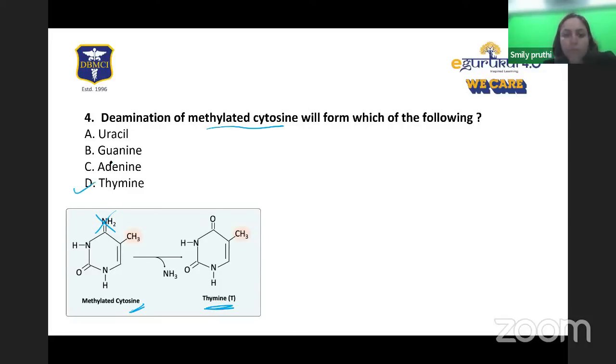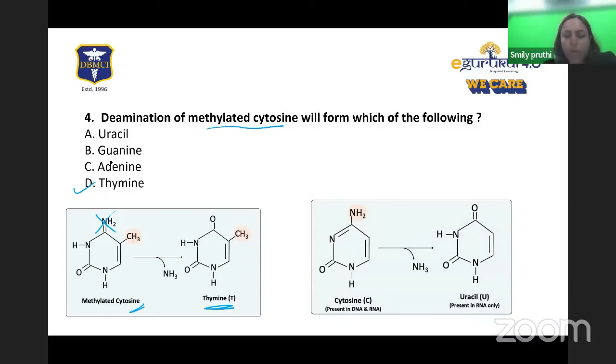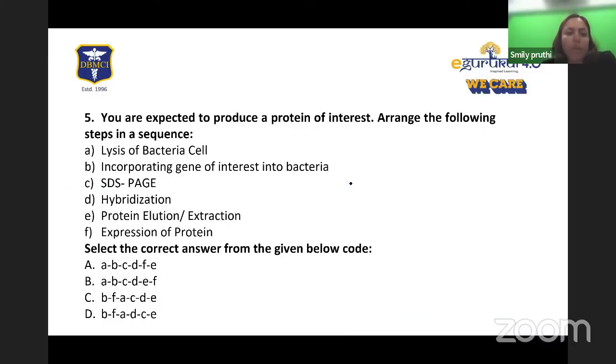So that is the answer. It is very easy, right? Also learn that deamination of cytosine will form uracil. So simple cytosine, not methylated cytosine, deamination of cytosine will give rise to uracil, right? Then